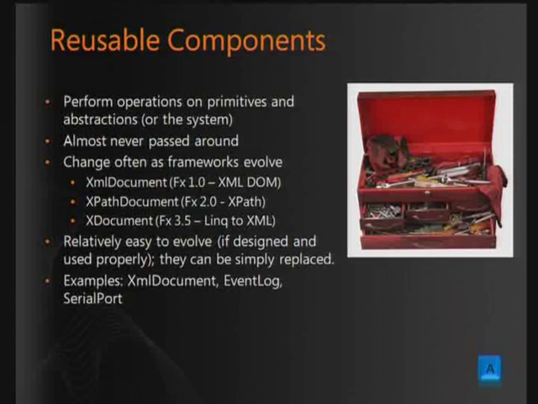And then there are those reusable components or reusable libraries. Those are the things that you instantiate the type, you set some properties, you use it, and then you drop it on to the GC. Examples would be something like XML parsing APIs, correct? XML reader and XML document, XPath, and so on. Event log, serial port. And here, in terms of evolution, you need to be very careful about not introducing too many overlapping features, and I'm going to be talking about managing overlap in a moment, but they are relatively easy to